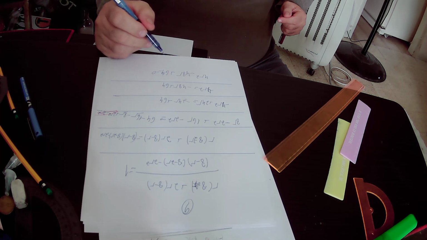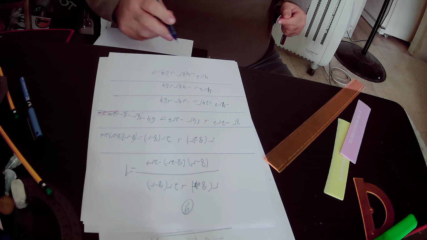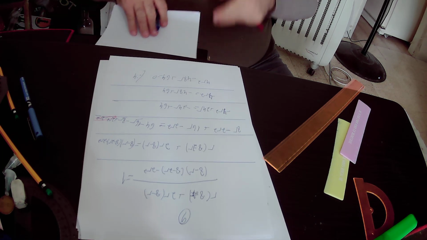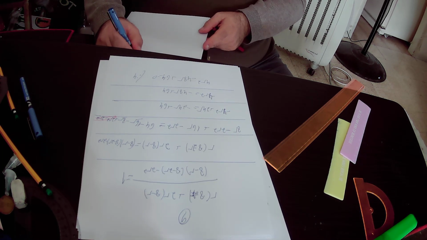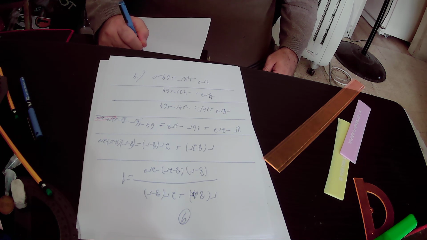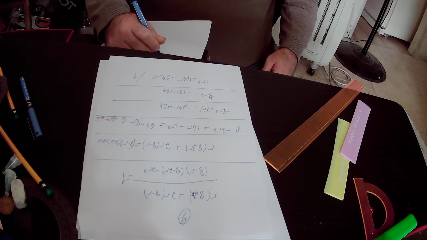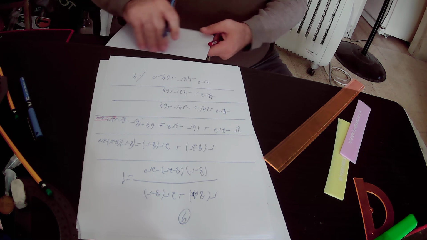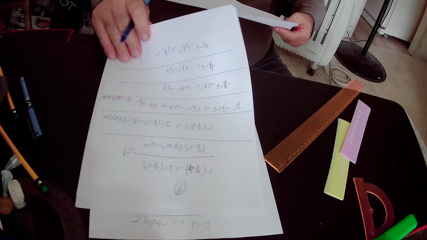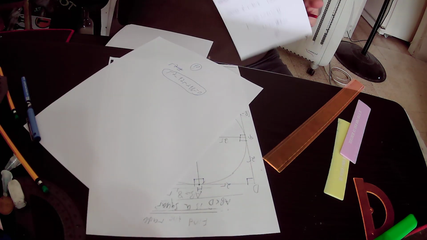So we have here a quadratic equation. We will divide this quadratic equation by 4, and we will get that r squared minus 12r, 64 over 4 is 16, plus 16 equals to 0. So we actually got this quadratic equation,